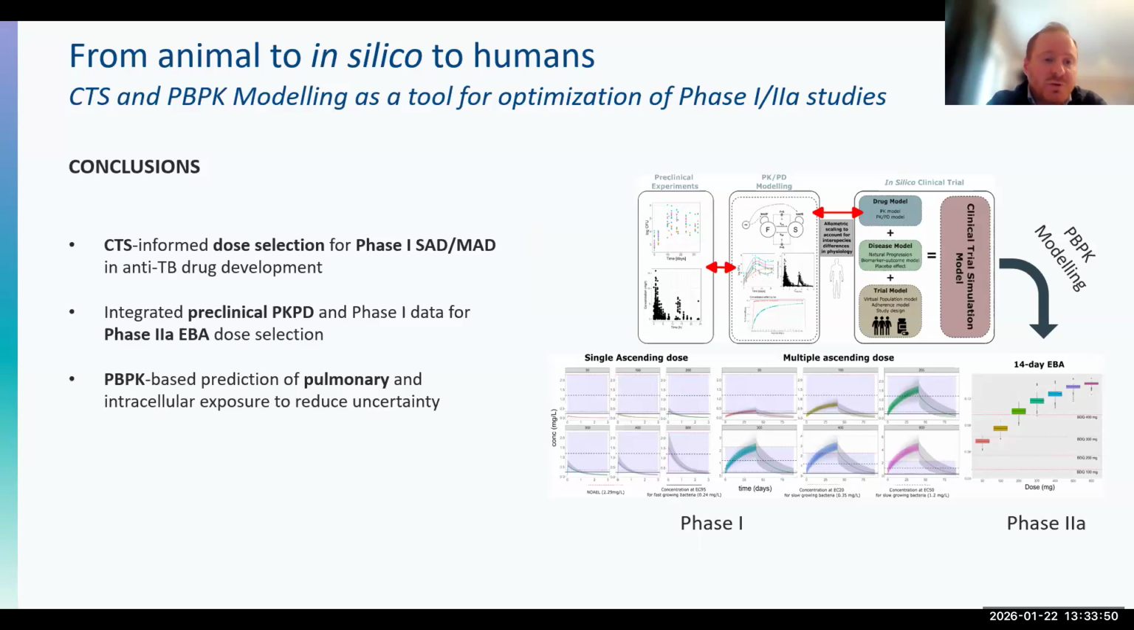Conclusively, clinical trial simulations can provide a rational translational framework to select doses in both phase 1 as well as EBA phase 2A studies by integrating preclinical PK/PD modeling principles. PBPK modeling could also be used to predict pulmonary and intracellular exposure, which is of vital importance in pulmonary tuberculosis, and to further reduce the uncertainty of which doses we should select to proceed in phase 2